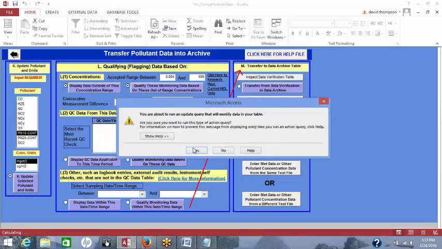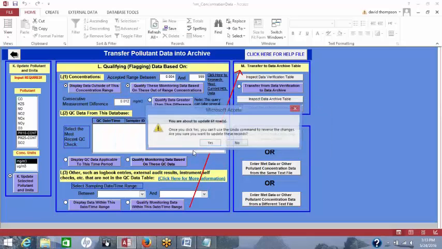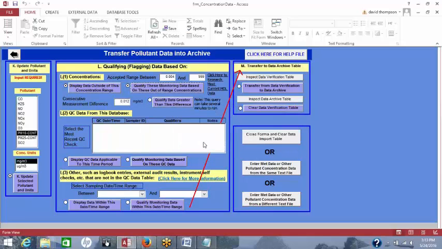Say yes, and it'll tell you 61. It should tell you 61. Yes, yes. Okay, so now those are all flagged with an R, just in case we find out there's something wrong with them. Now, the next question is, the toolbox is suggesting that from 1 hour to the next, it